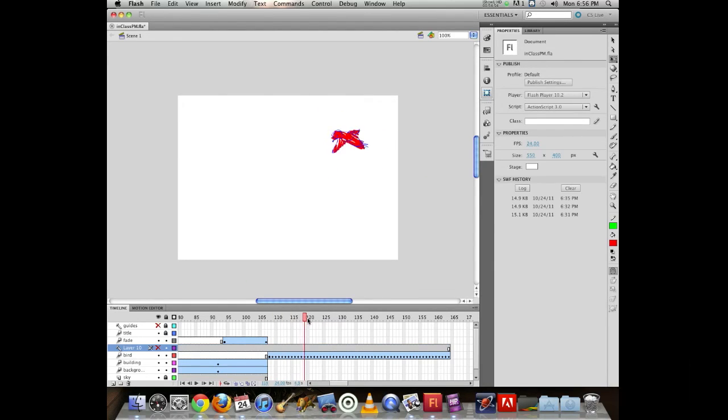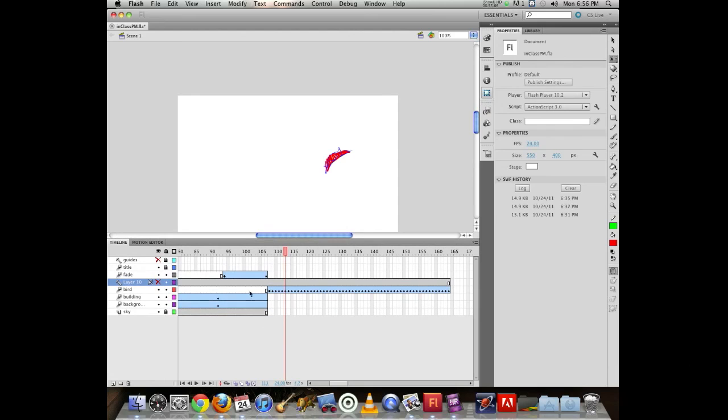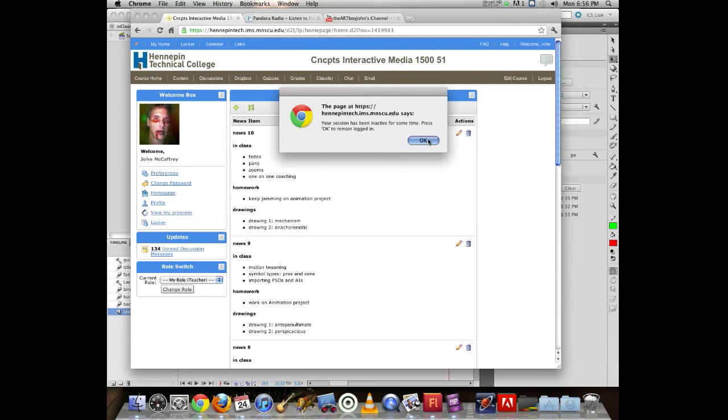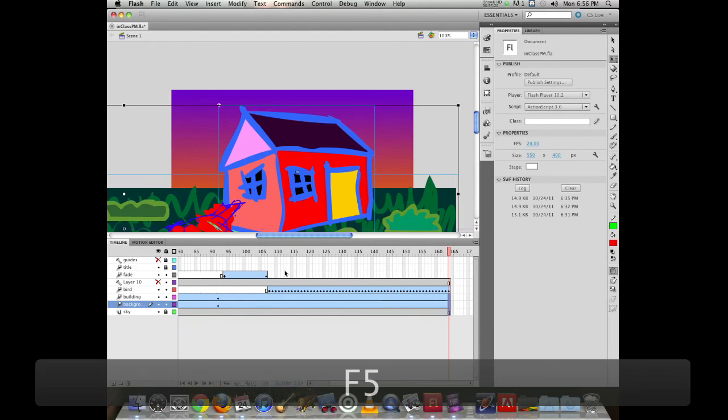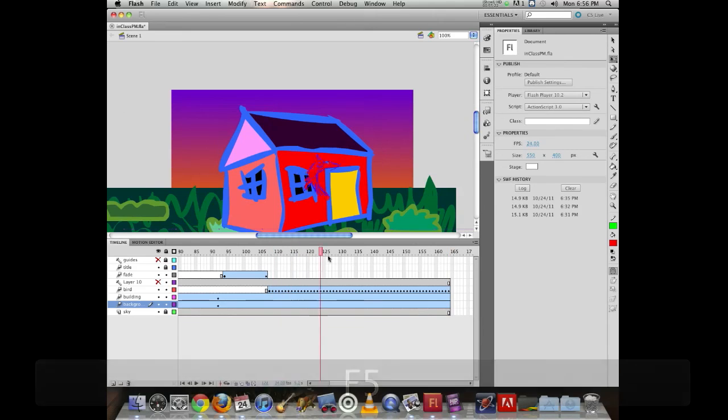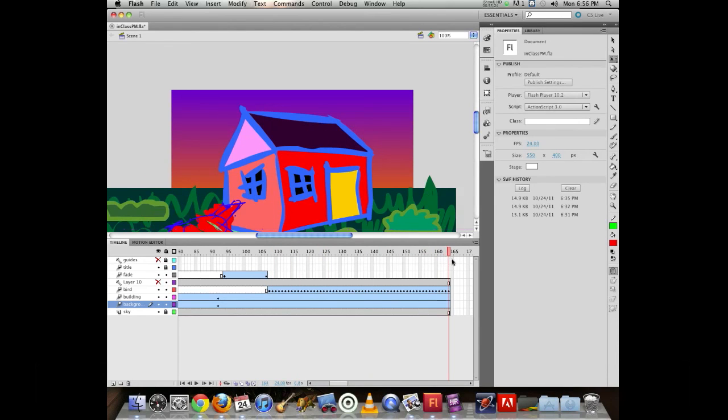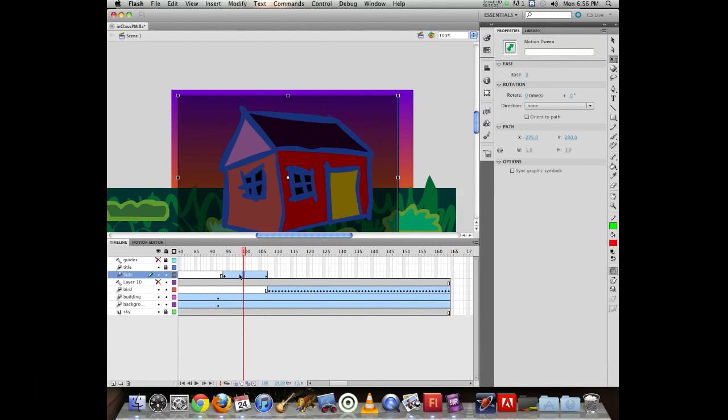Alright, so now I have my bird flying. Whee! Flopping all over on the screen. Okay, I kind of like that. Now, all that's really left to do to wrap up my bird animation is I want to extend out the sky, the house, the ground, and tell D2L I didn't forget about it. And now I can hit F5, those extend out, so now we can see the bird flying in front of the house. Okay. And now this fade to black,